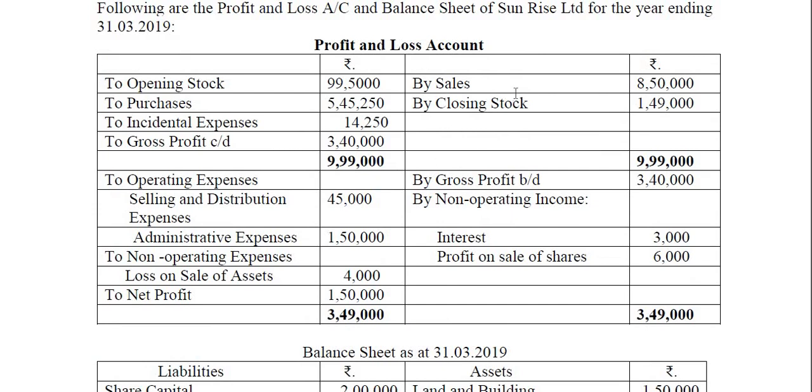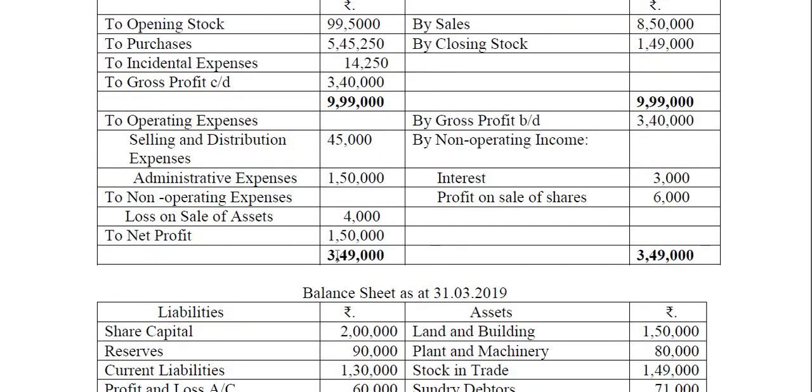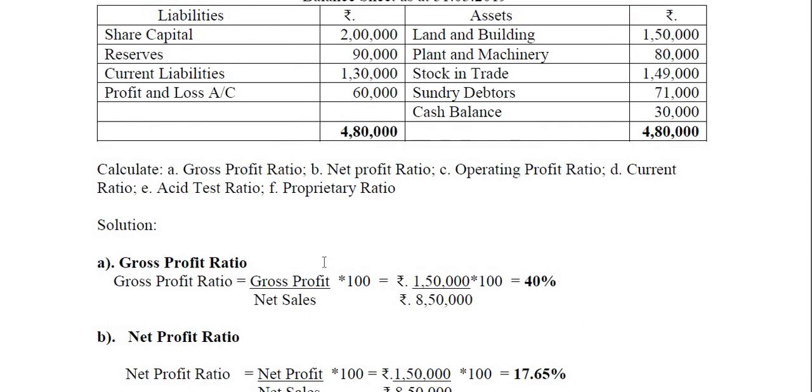From the net sales, if you deduct operating expenses, you will get operating profit. In other words, sales minus cost of goods sold minus operating expenses gives operating profit. Operating profit divided by net sales into 100. Okay, then one more ratio,